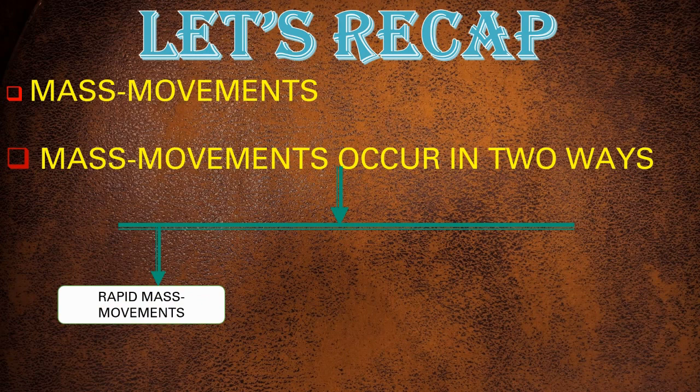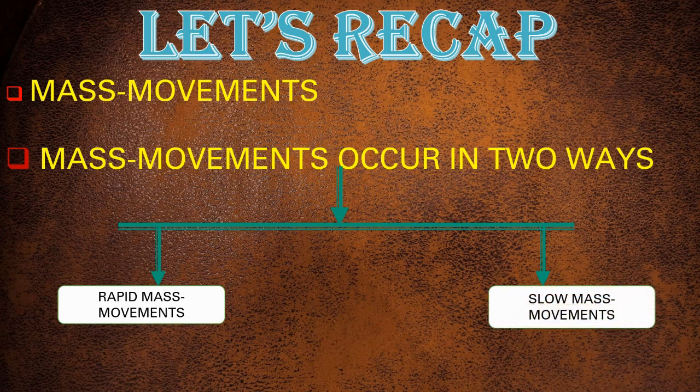And we have studied about another type of mass movement, that is slow mass movement. Slow mass movement occurs on a gentle slope. It includes soil creep and solifluction. Also, we have studied that erosion is an external process. It occurs through the various agents like wind, running water, glaciers, seawater and groundwater. So students, more information about erosion we will take in our next lesson, that is exogenetic processes part 2.